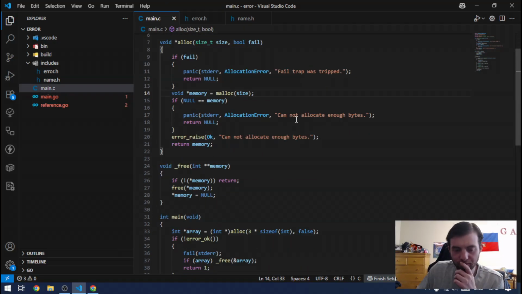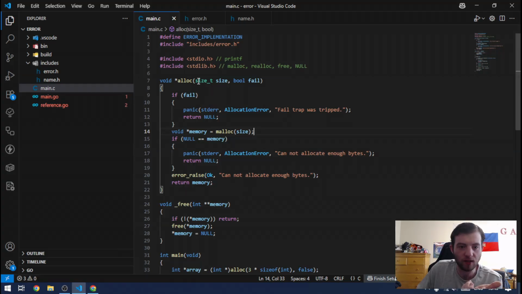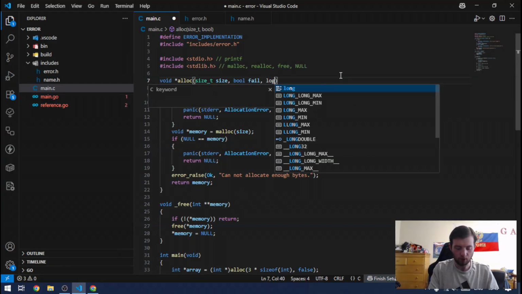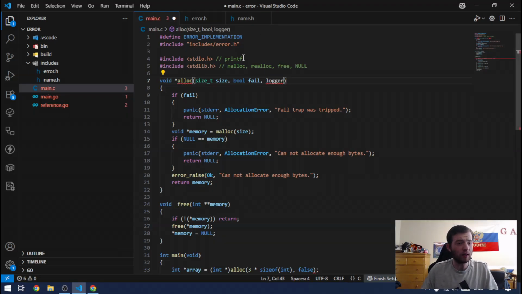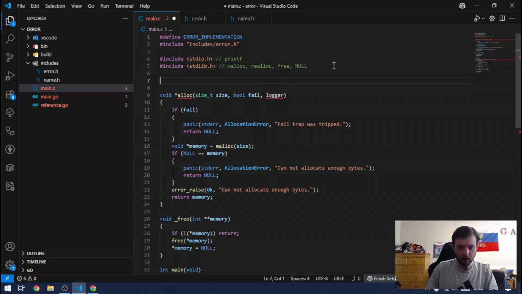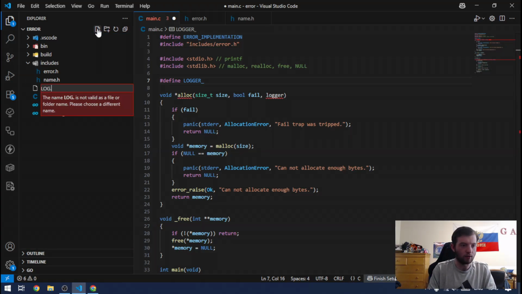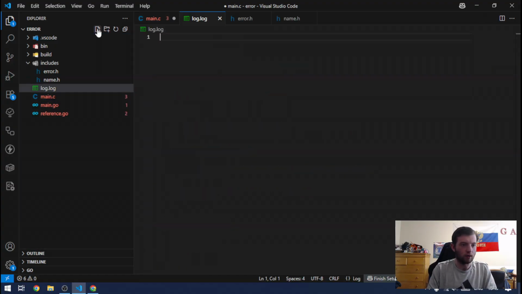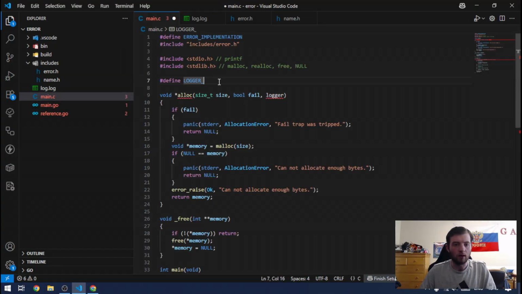I think that's okay. Because then what I can do is alloc, I could pass in, say, I don't know, a logger of sorts, right? Actually, you know what? Let's do that. Let's pass in a logger. Let's define logger. And I don't want to have to deal with files right now, so let's just do log.log. Logger